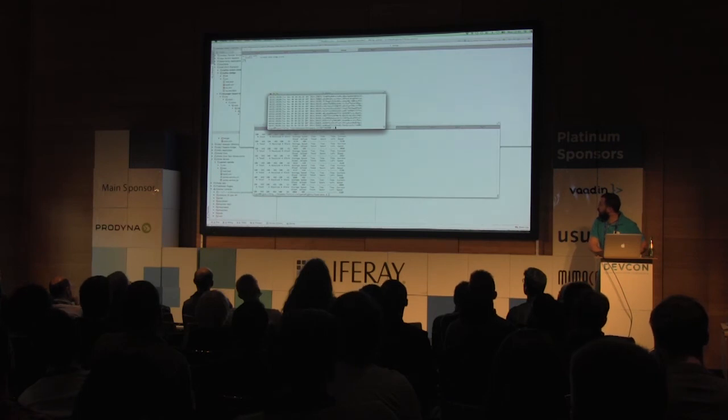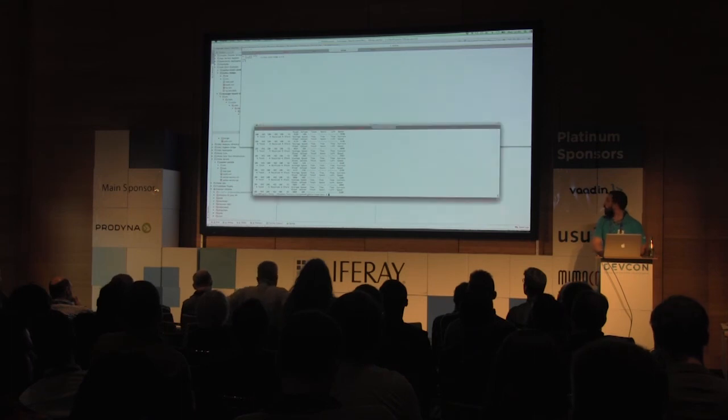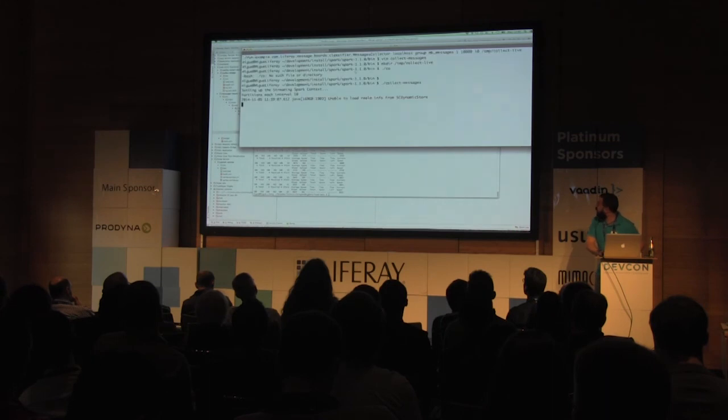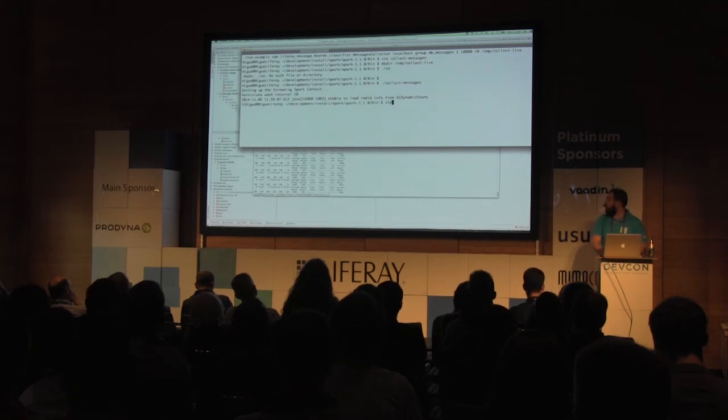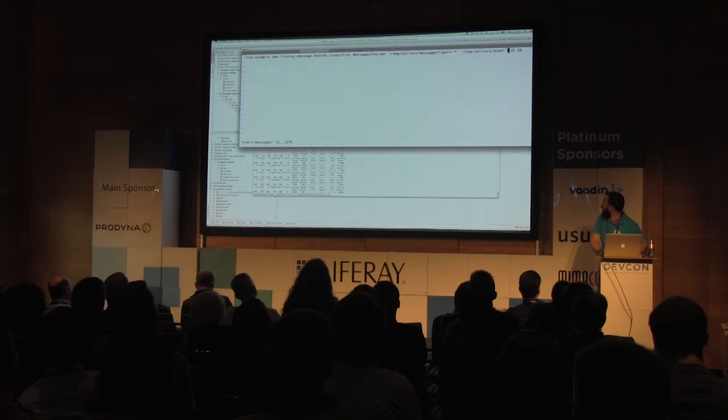So I just inserted the messages. These are the messages. I'm still collecting whatever is happening, so I can stop collecting. What I can do right now is train, to create my model. I think I call it collect live, and I want to store the model in collect live.